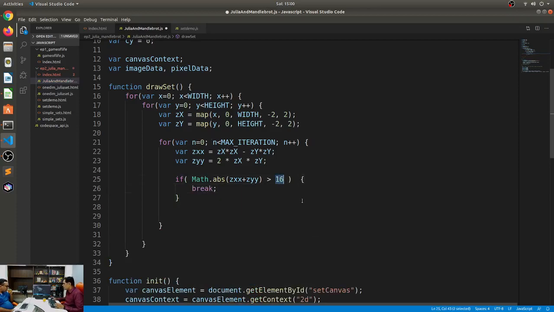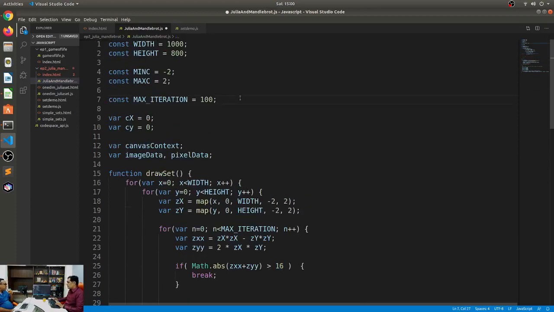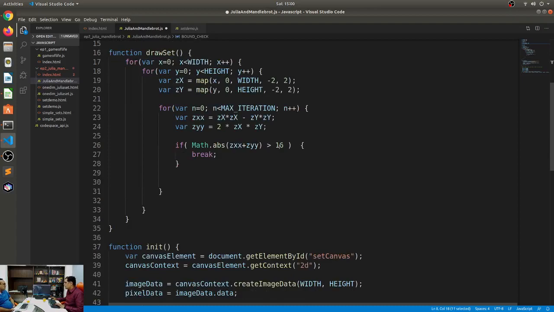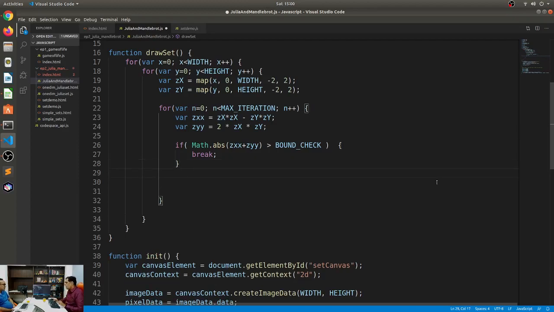This 16, once again, let's declare it as a constant, let's say 16, so that we can just change it in one place and it changes everywhere. So if it becomes greater than this, then I'll break. I don't have to do anything more.